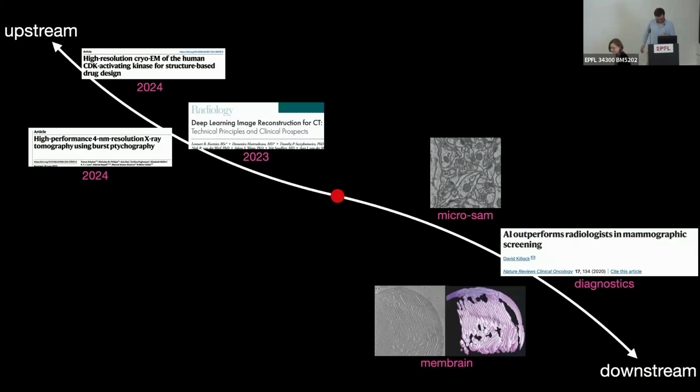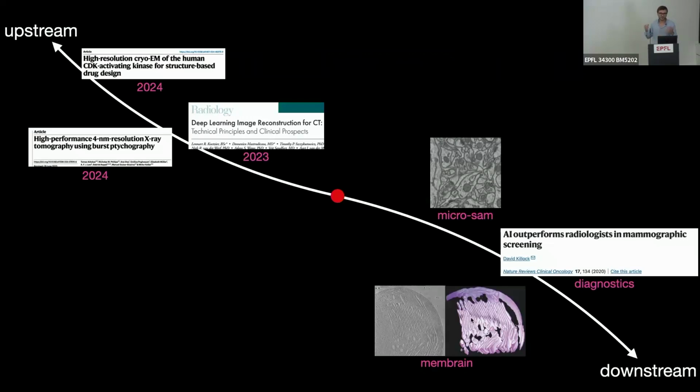Yeah, so I mean, now it's so easy to segment images. This is work from a collaborator of mine. Also, segment membranes, do diagnostic deep learning, denoise images. So everything downstream is really changing the lives of people who have to analyze these images, just saving tons and tons of hours, right? And so the question is, how can we bring these two things together?